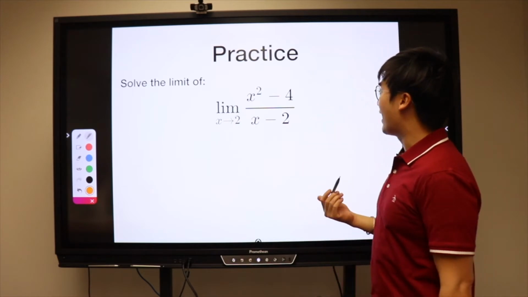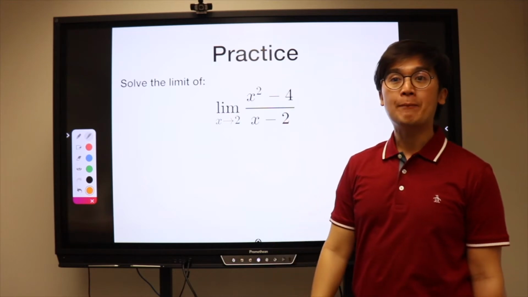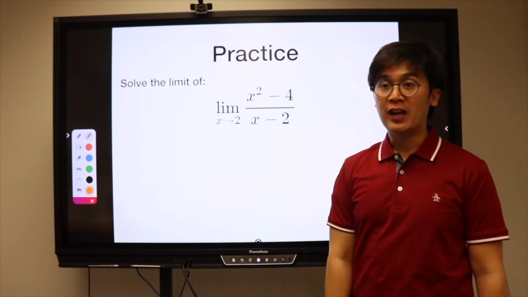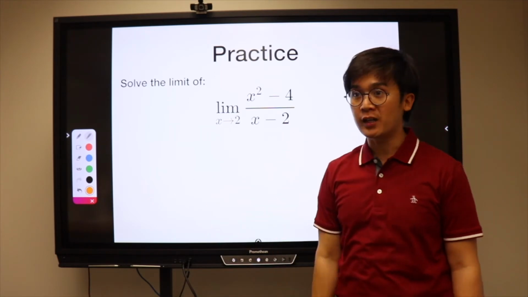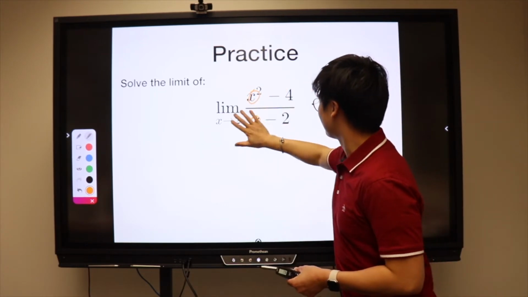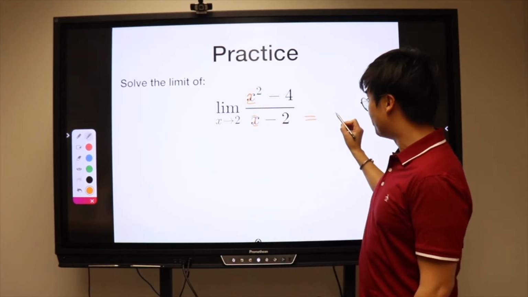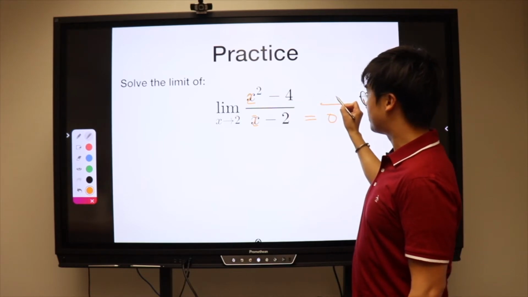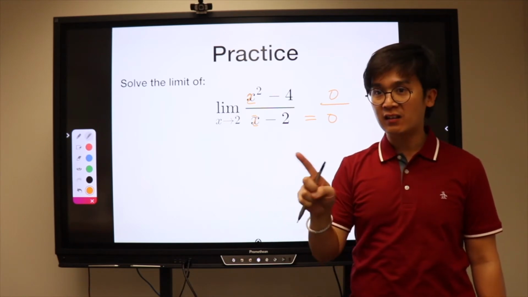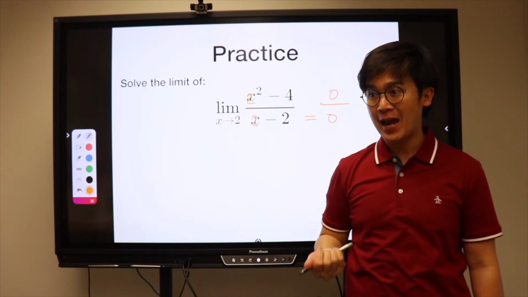How about this? x squared minus 4 all over x minus 2. If we direct substitute 2 for x, what will happen to your rational function? It will turn into 0 if we use direct substitution, because this becomes 0, this will turn into 2, this will turn into 2, and 2 minus 2 is equal to 0. And this one will become 0. So what special type of rational function is this? We tackled this 2 weeks ago. There is a special term we use for 0 over 0 in mathematics. We call it